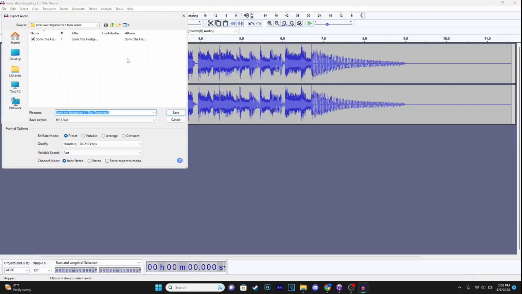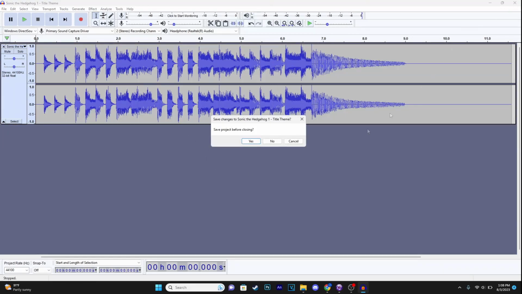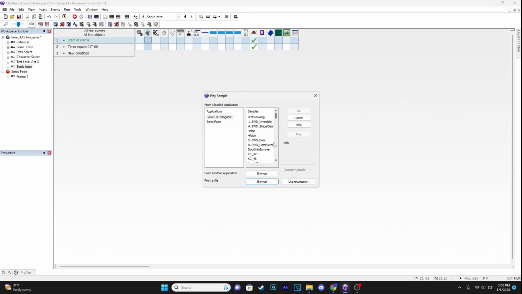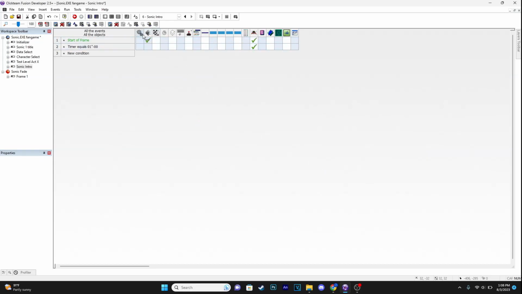Now I'm not going to do that, but just replace the original file when you export it, and then that will fix it. How does it fix it? I don't know. But hey, it works, so I'll take it. But obviously after you've done that, still make sure that it is working. So it is still working here, so we're going to open that, and that'll be there. So now when we play this,